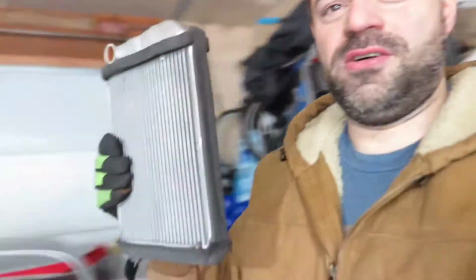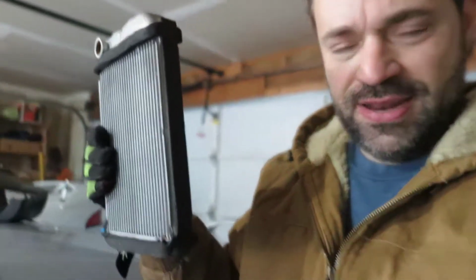Yeah, this is all it goes. Whew. All right. Oh boy, the heater core is out. Oh man. All right, sorry. It was too many parts. I couldn't contain my mess, but